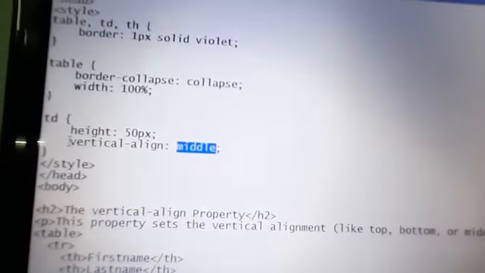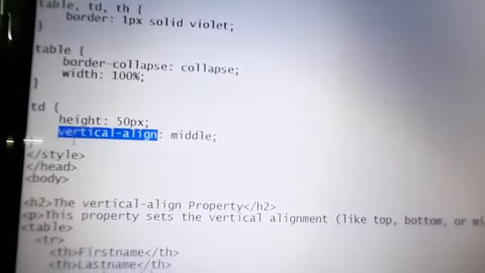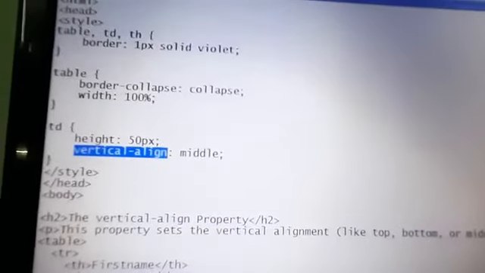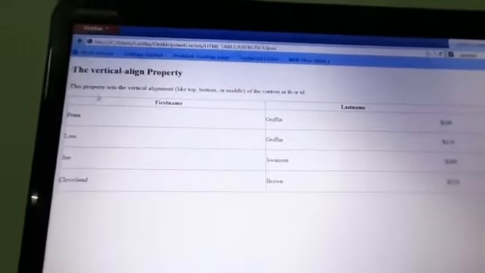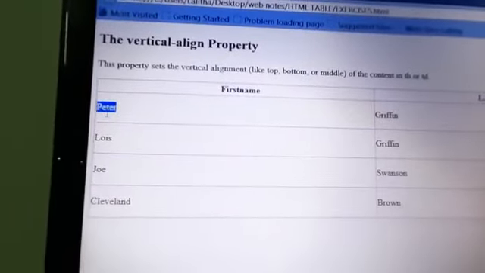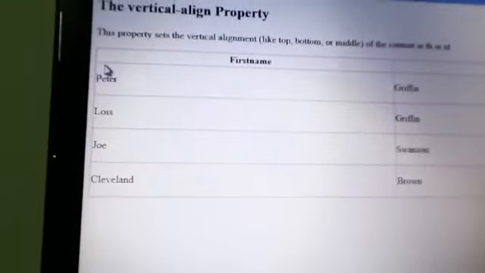For horizontal alignment you can give the attribute text-align. For vertical alignment you can give vertical-align. So let us run this program now. Okay, so this is middle. I added the vertical alignment middle. So how to add the content in the top of the TD and TH?